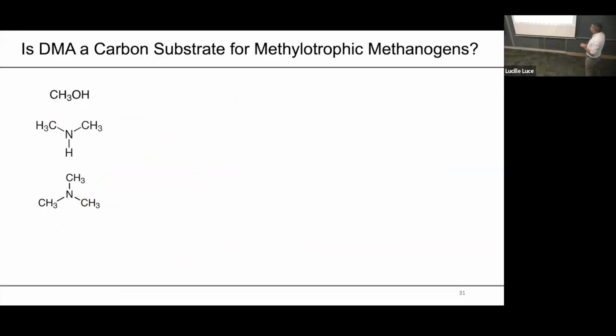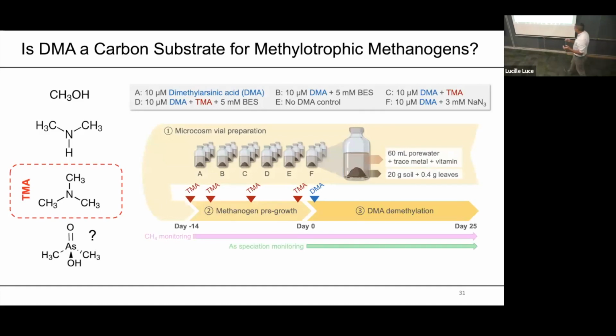So basically, the question now is: is DMA a carbon substrate for methylotrophic methanogenesis? Methylotrophic methanogens utilize methyl groups in small compounds like methanol. This is dimethylamine, also called DMA, to make things more confusing. Trimethylamine. And so why not arsenic? Why not DMA? Could the methyl group of this DMA also do this, methylotrophic methanogenesis? So Hyun developed and executed this really nice study where we added TMA with DMA to